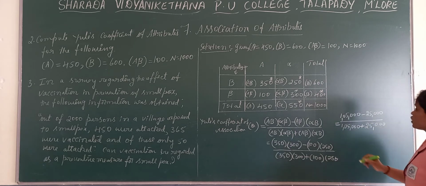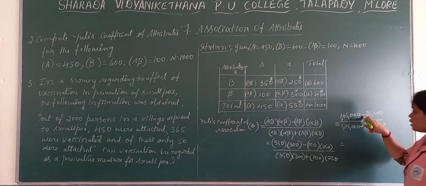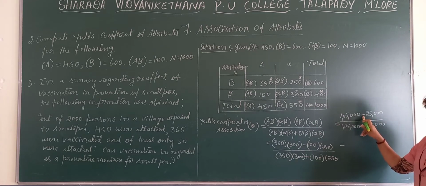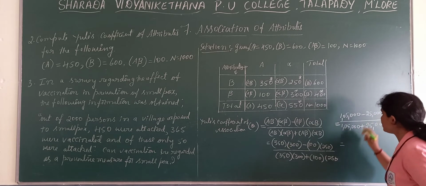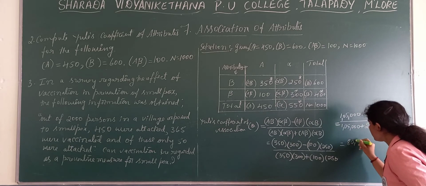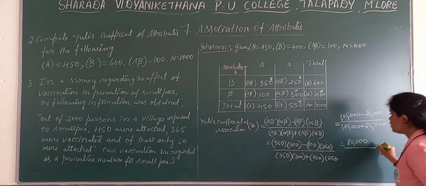Now 1,05,000 minus 25,000, when we deduct, we get 80,000 divided by